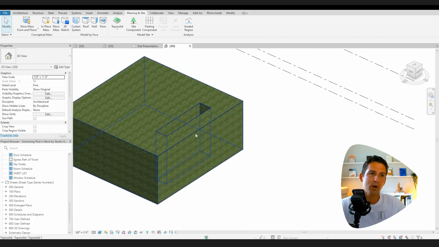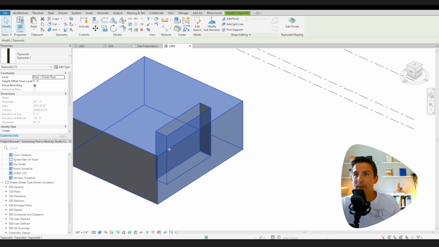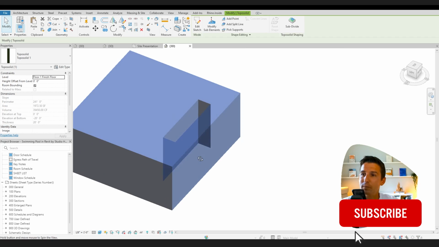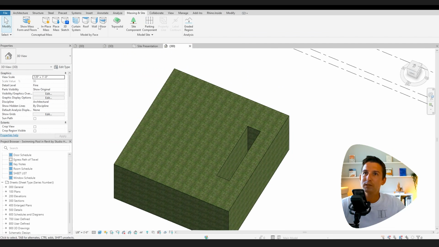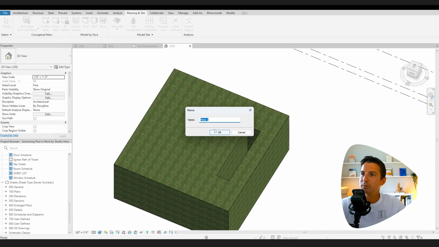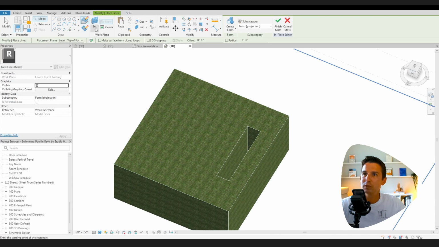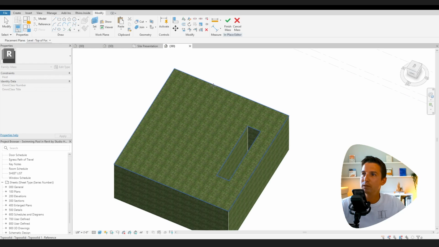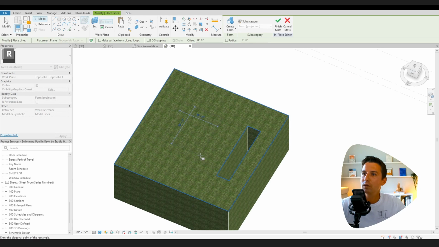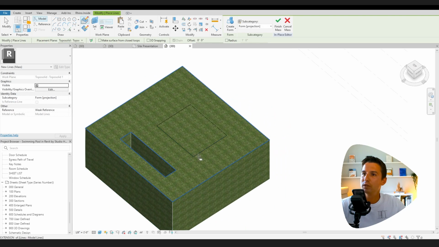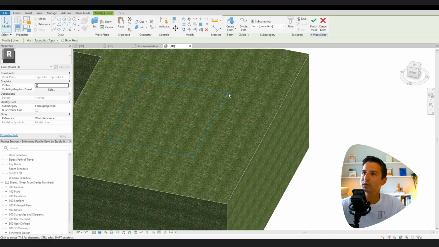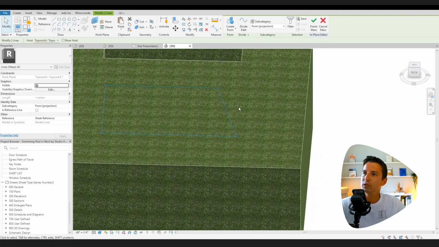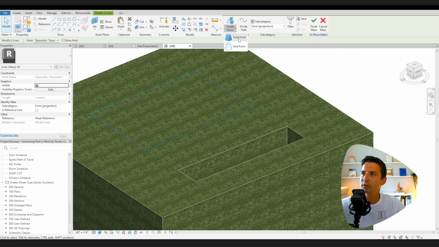And we don't necessarily want that. We could create another TopoSolid, infill it, and join the geometry together. It's another way to go about it. Or what we could do is go to Massing and Site again, In-Place Mass. Let's make sure that we set our work plane on the top. Go ahead and sketch out the size that you want. Once you're happy with the size and the shape of the swimming pool, say Create Form,